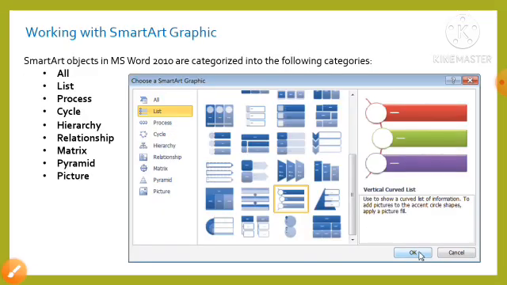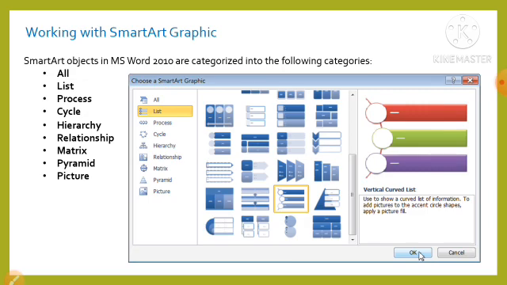Now the next part is working with SmartArt graphics. SmartArt is an improved and enhanced feature included in MS Word. It helps us to create smart business diagrams which not only provide visual enhancement but also a professional touch to the document. In MS Word, SmartArt offers us a collection of several predefined graphical objects which we can use to visually present our information and ideas in a document.